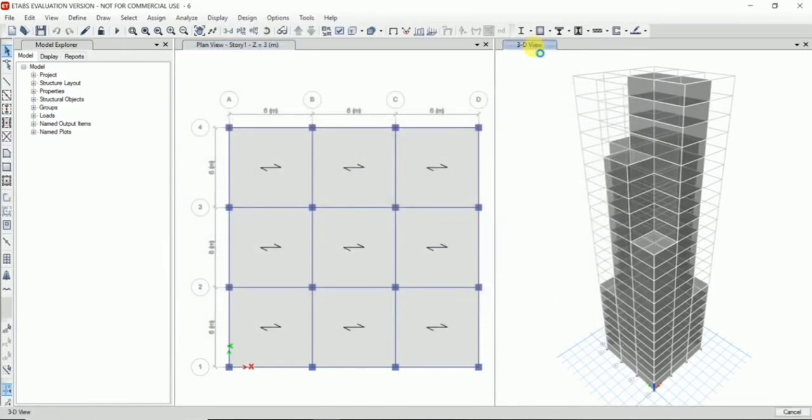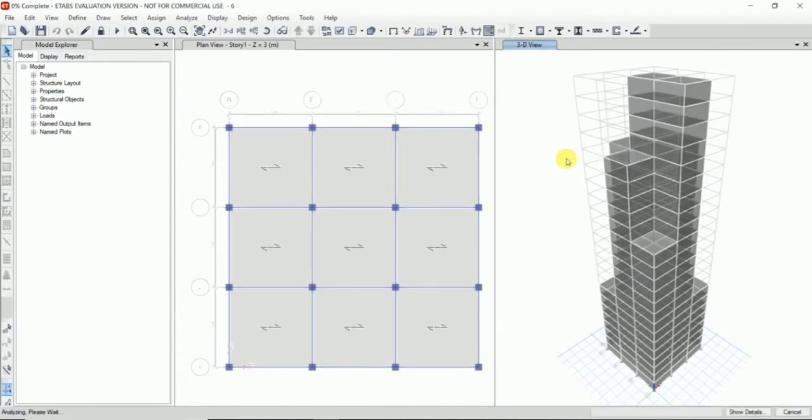Wait for some time as the software runs the analysis on our building model. The progress of the analysis can be seen at the bottom left corner. Once the analysis is done, the analysis results will be displayed.